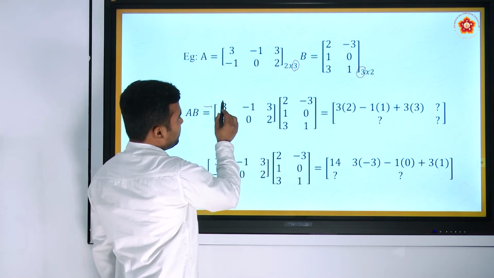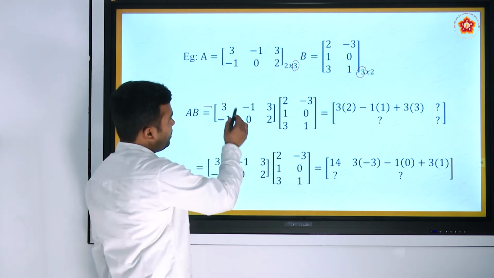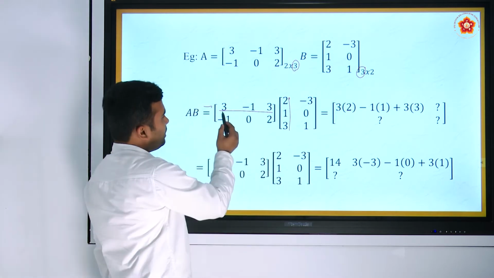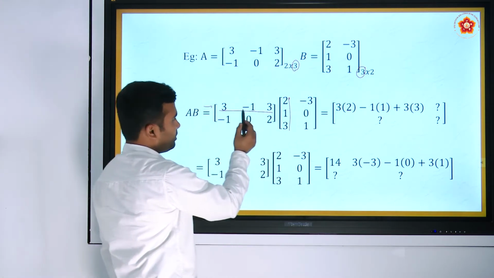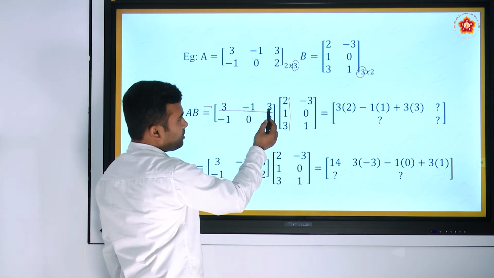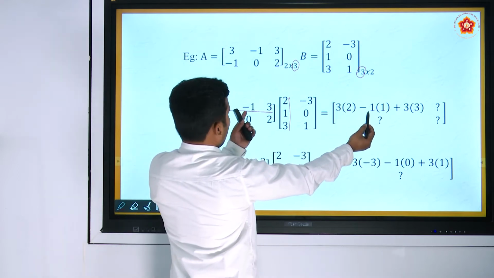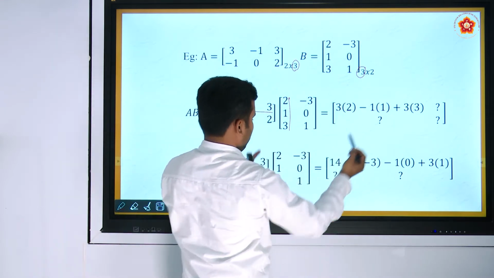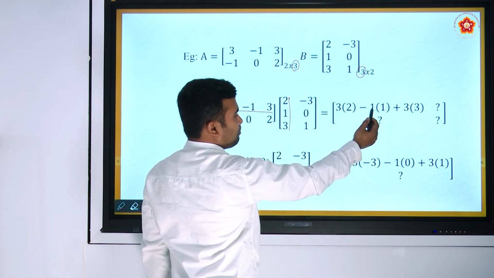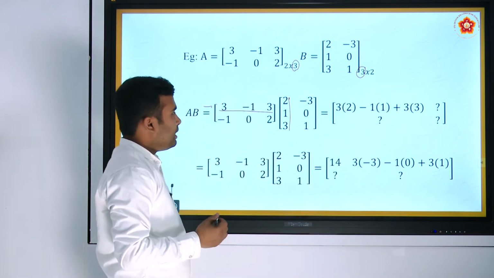You multiply the corresponding elements of the first row with the first column of the other matrix. So 3 into 2, plus minus 1 into 1, plus 3 into 3. 3 into 2 minus 1 into 1 plus 3 into 3. So the answer is 6 minus 1 is 5, 5 plus 9 is 14. Similarly,